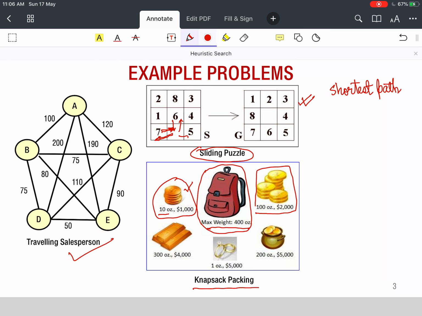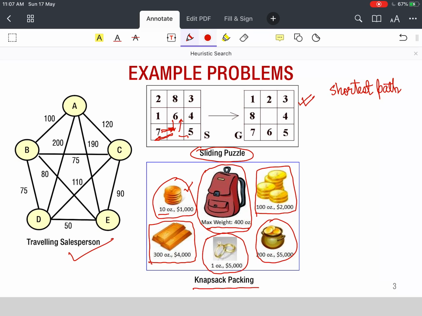Or I can take a 100-ounce set of gold coins whose value is $2,000. Or I can take a 300-ounce set of gold bars whose value is $4,000. I can take a couple of very precious diamond and gold rings which only weighs 1 ounce but whose value is $5,000.